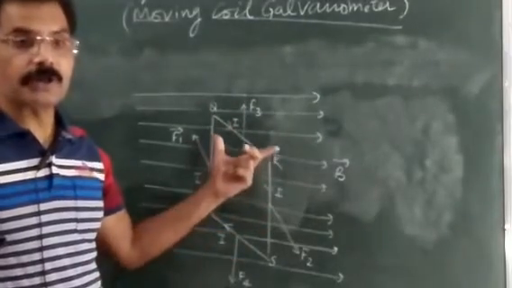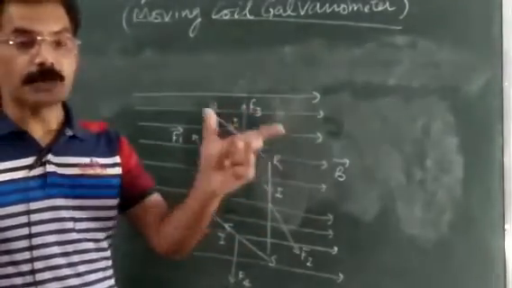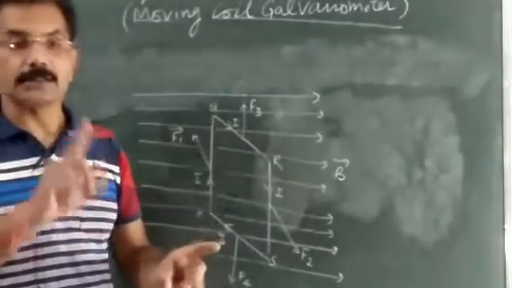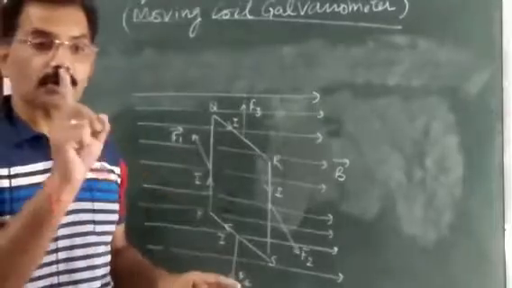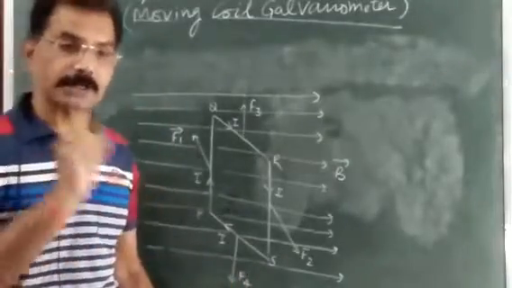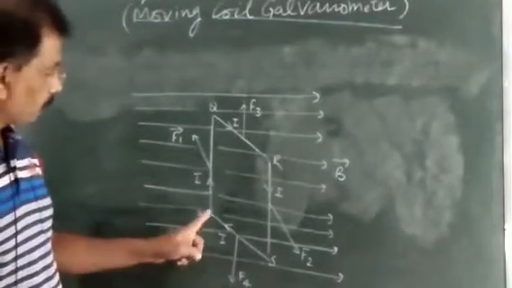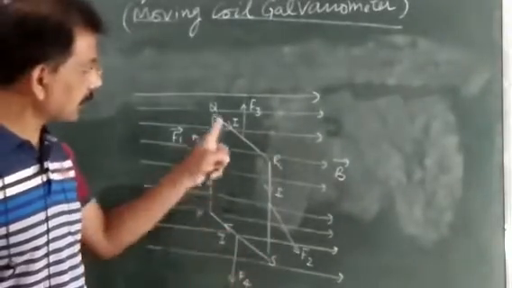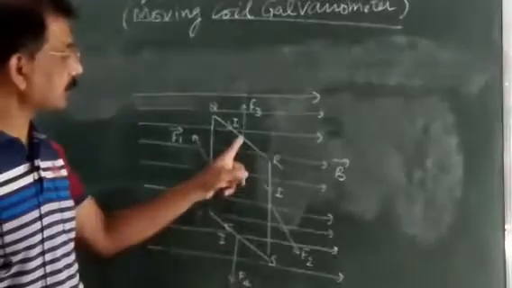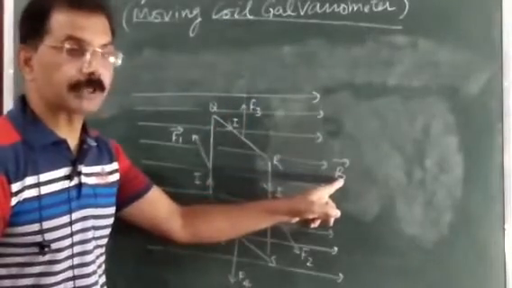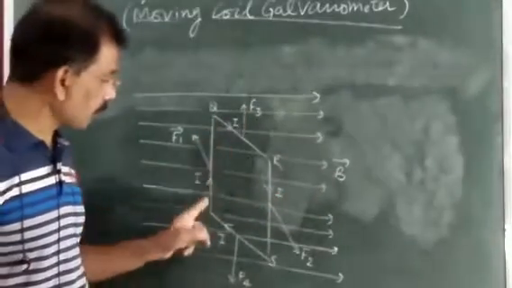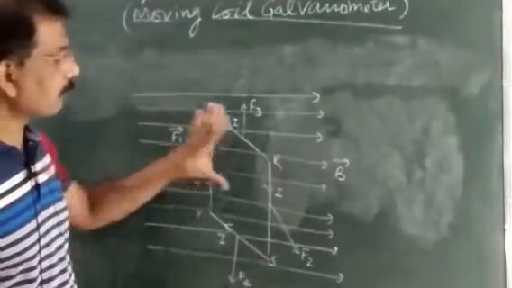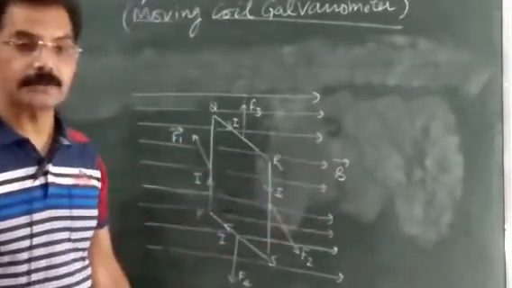What principle? When a current carrying loop is placed in a uniform magnetic field, then it experiences a torque, and the tendency of the torque is to rotate that coil in that magnetic field. Suppose PQRS is a current carrying loop placed in a uniform magnetic field B. हम मान लेते हैं PQRS कोई करंट कैरिंग लूप है जिसको किसी यूनिफॉर्म मैग्नेटिक फील्ड B में रखा गया है.